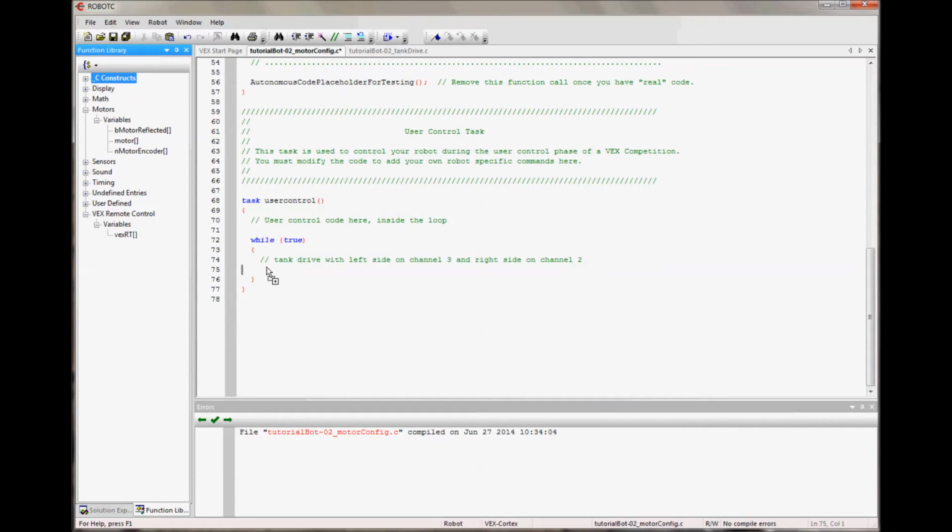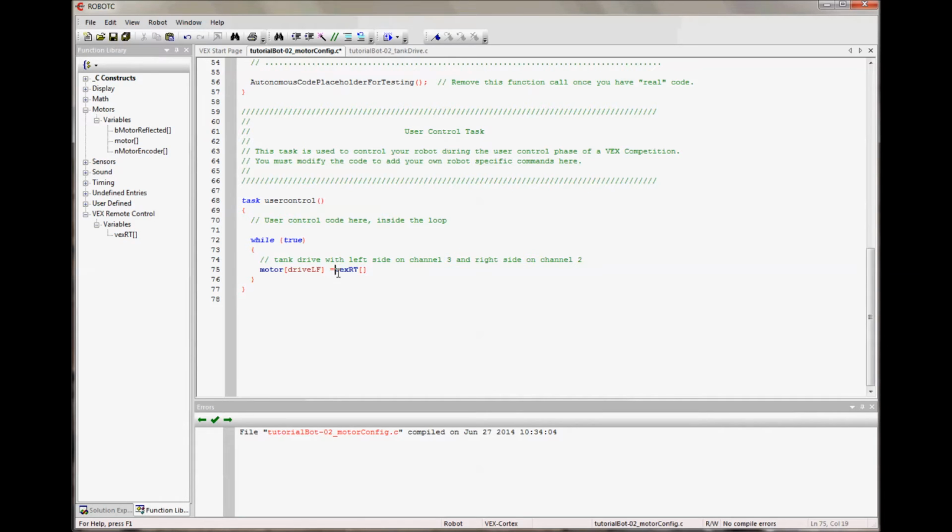I can drag this down here, and it sets up my motor function. And in here I need to name the motor I want to control. If I click inside there, it's pretty good about giving you the list of options. There's all the port numbers in addition to the nicknames that we gave. So I'm going to do the left drive, that's drive left front. And I need to set that equal to